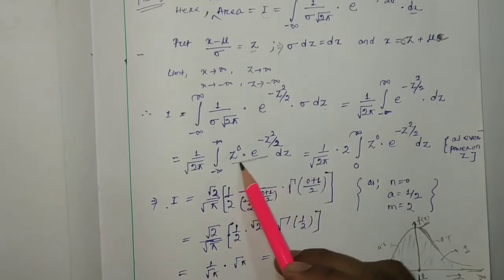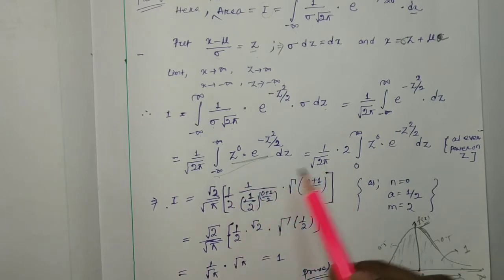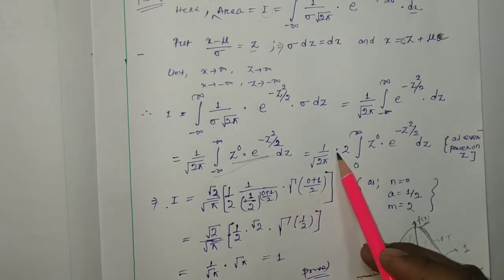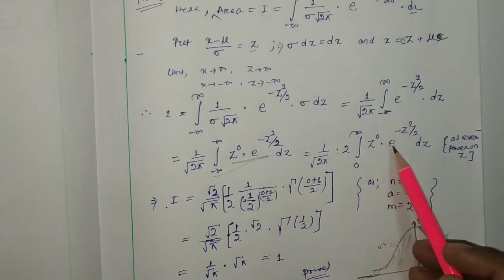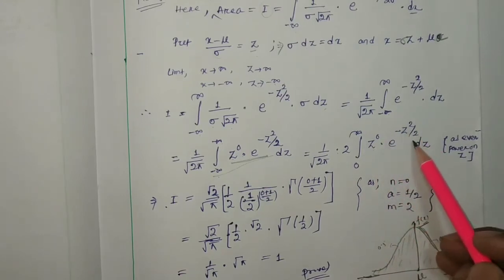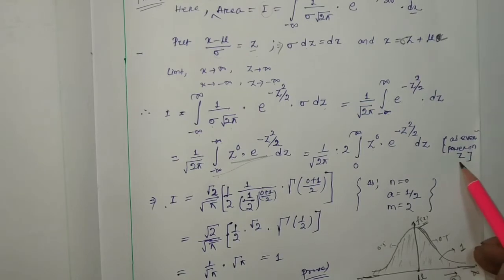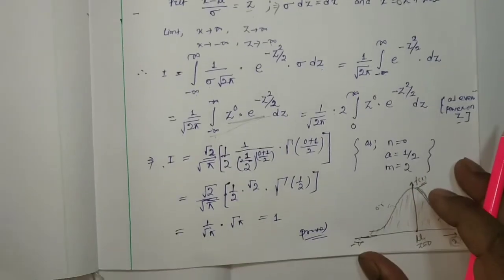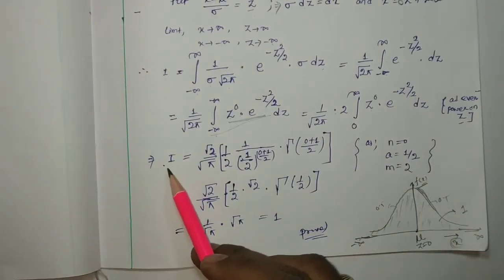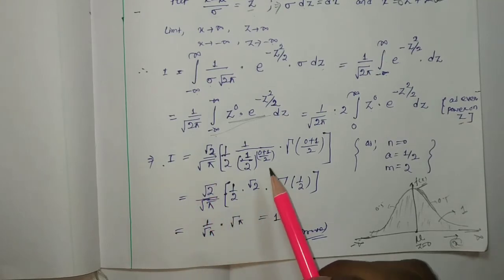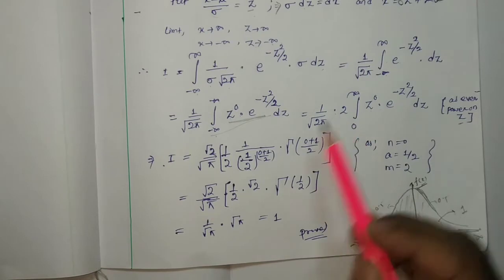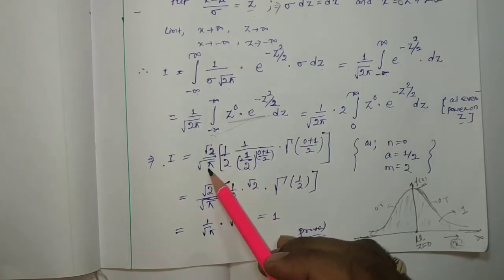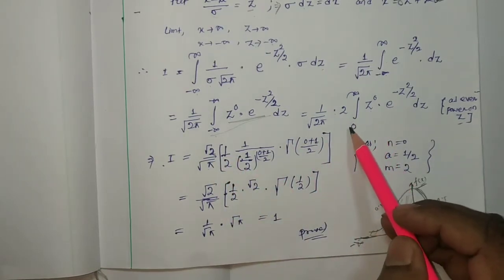Now this integral can be written as 1 by root over 2 pi into 2 into integral from 0 to infinity of z to the power 0 into e to the power minus z square by 2 dz, as I wrote an even power on z. Okay, that implies I will be equal to, here you can see that root 2 got cancelled, so root 2 by root pi, and this